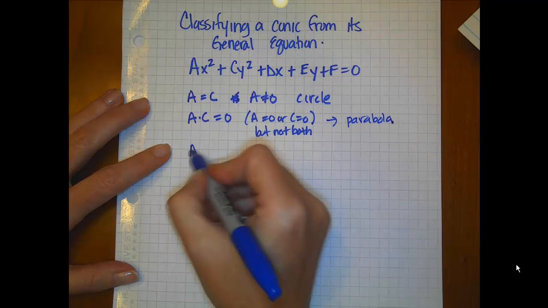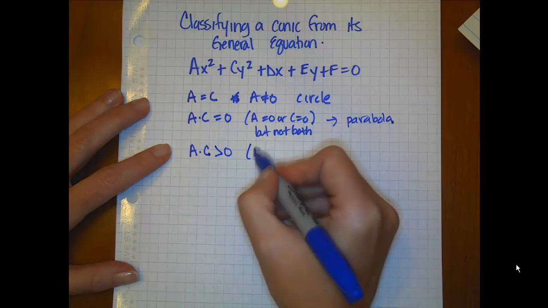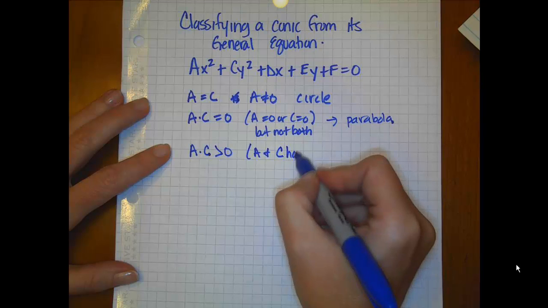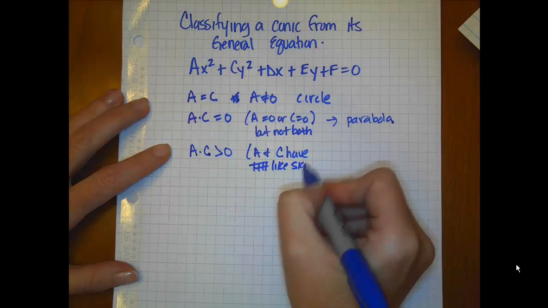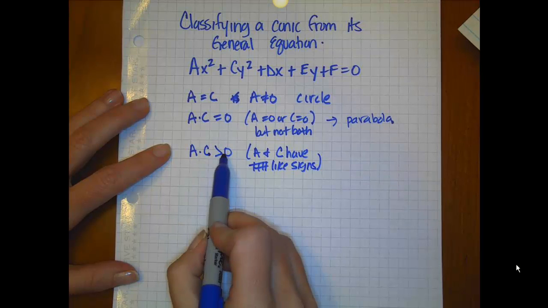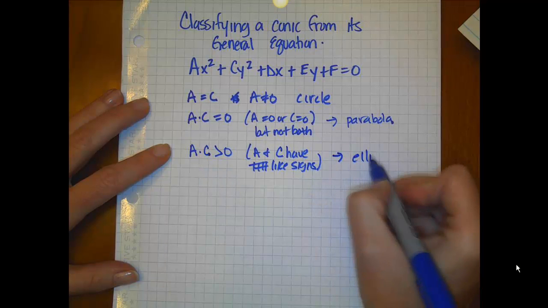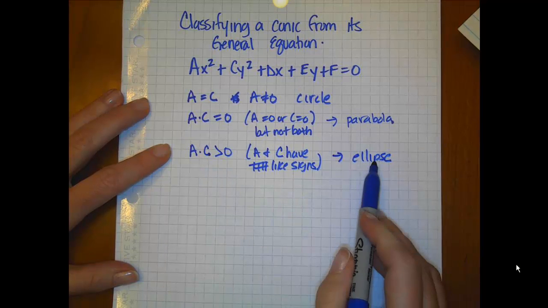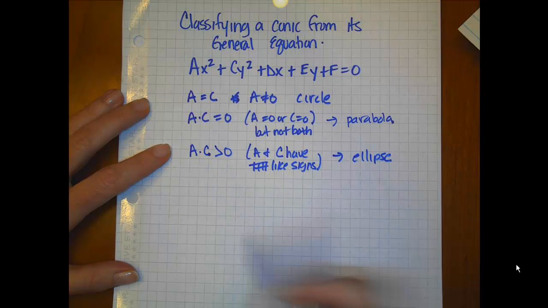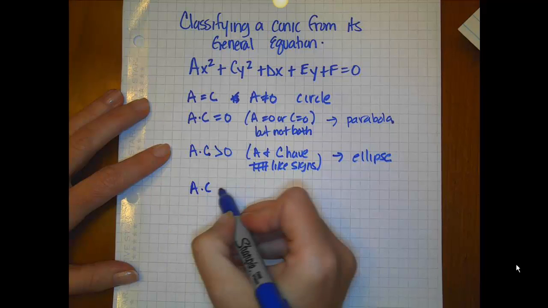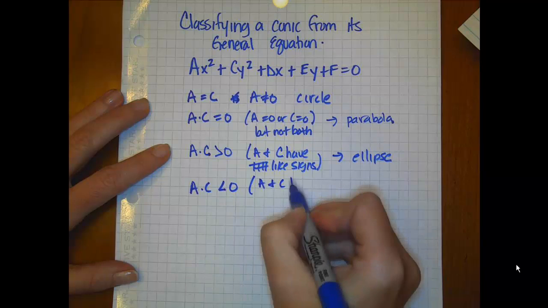If you take a times c and it's greater than 0, in other words, a and c would have like signs, in order to be greater than 0, either they are both positive or both negative, then you would have an ellipse. And that makes sense because in an ellipse, the coefficients on your x squared and your y squared, you're adding them. They would be the same. And if you multiply a times c and it's less than 0, so a and c have unlike signs,